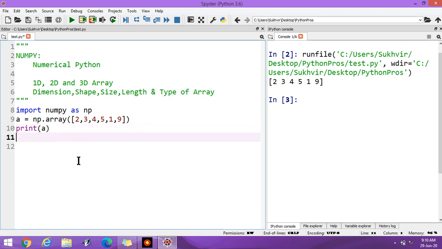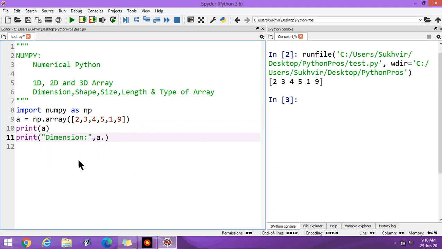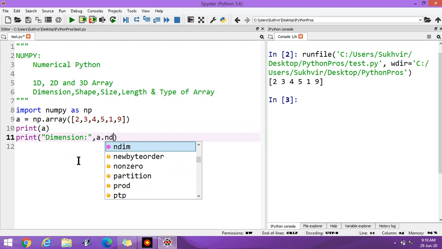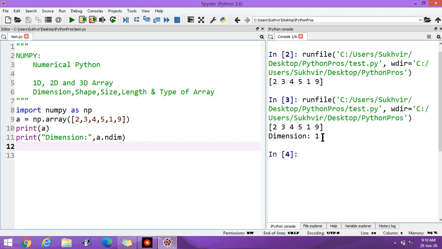To check the dimension, you can write dimension, here you can write a.ndim. It's n dimension. Execute the program again. Dimension is 1.